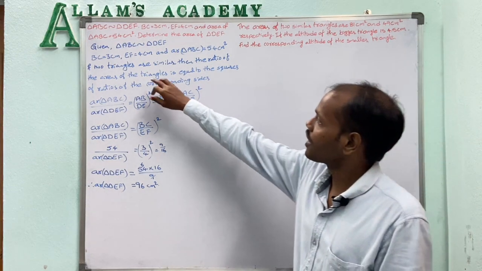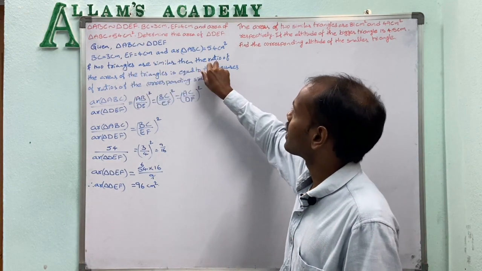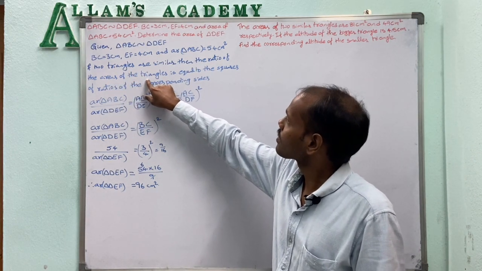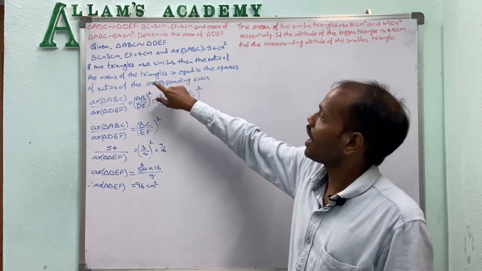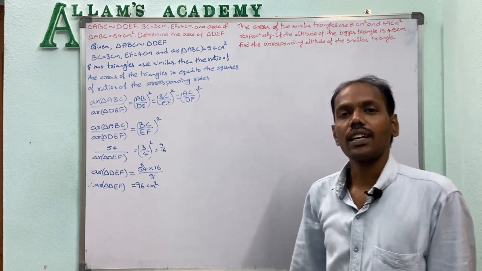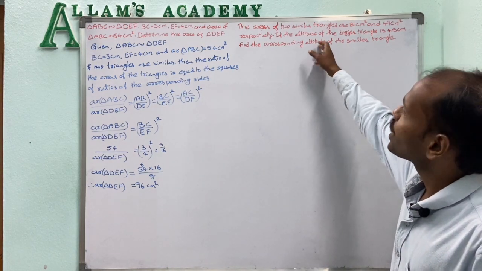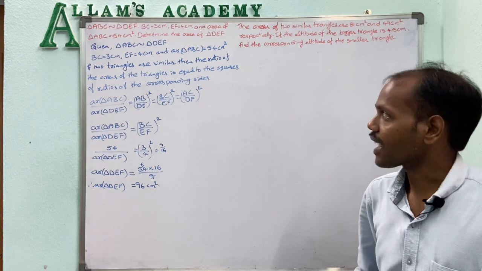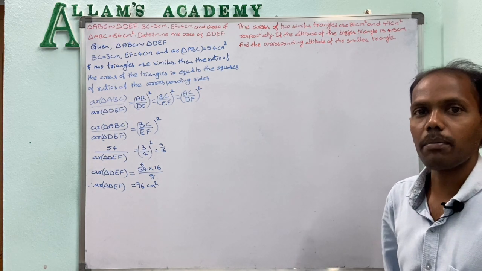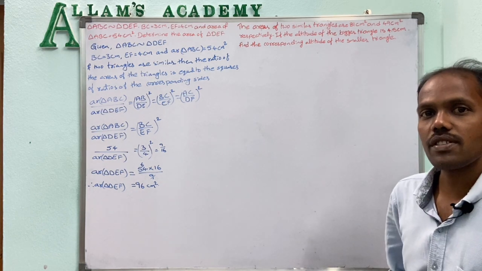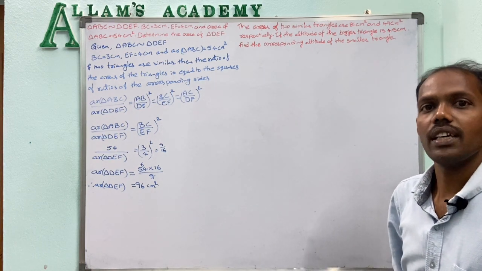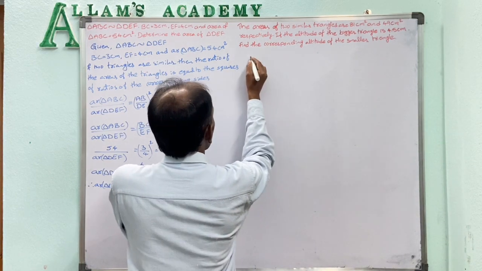So here we already know that if two triangles are similar, then the ratio of the areas of two triangles is equal to the squares of the ratios of the corresponding sides. So the corresponding sides' altitudes are also in the same ratio. Why? Because before, we checked for a problem that the medians' ratios squared is equal. That is why the altitude ratio will also be equal. Okay, so now our two given